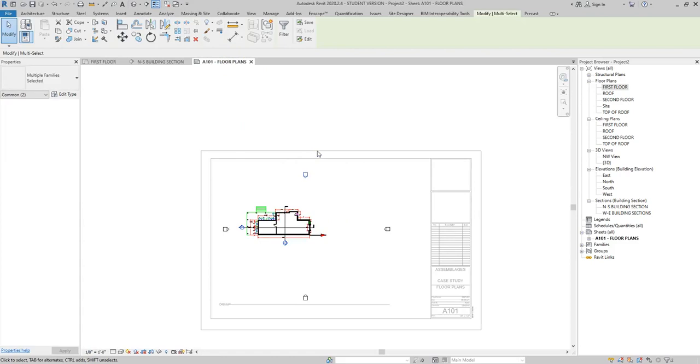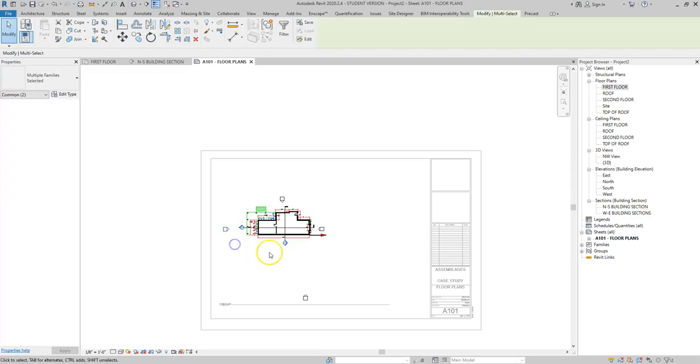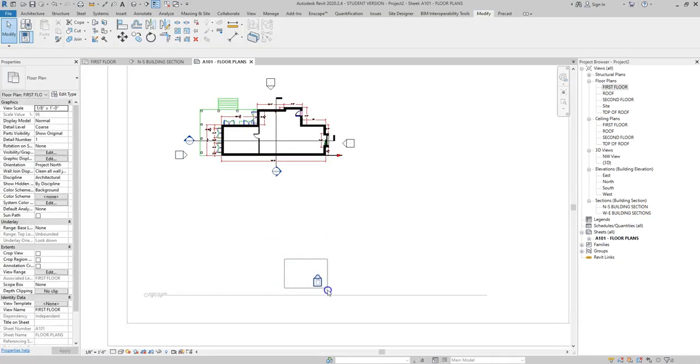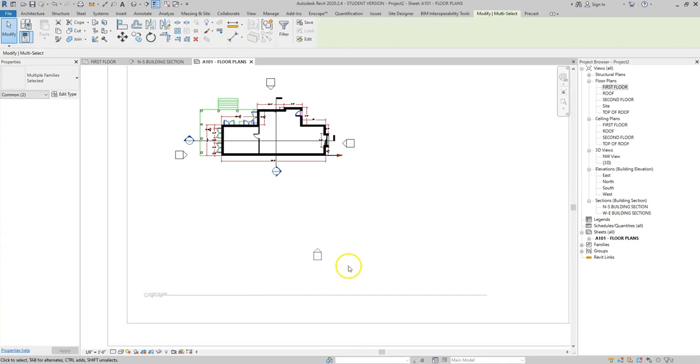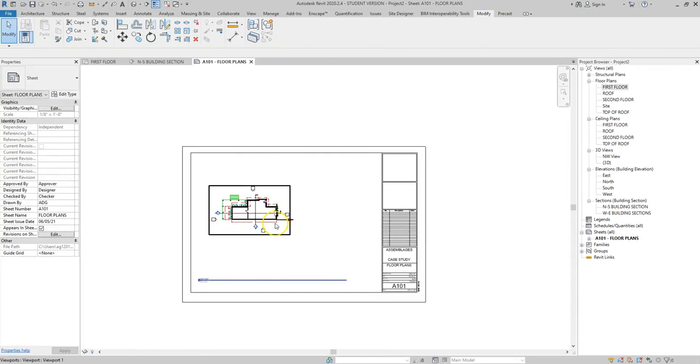And again, it's sometimes easier just to use the arrow keys and move stuff around and get those relatively close to the drawing so that it takes up less space on the sheet. You also have to think about that as you're organizing your sheet and you get more and more drawings on there. You might have to maneuver things around to make sure that dimensions, section symbols, and elevation symbols will all fit. So now that I'm done, I can double click back outside of the view,